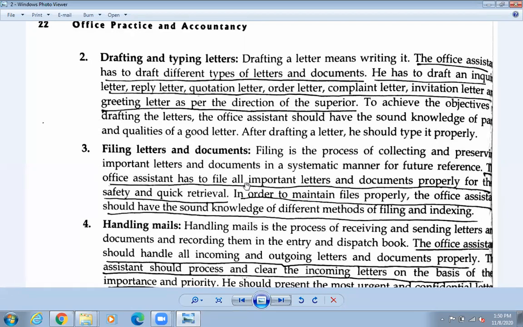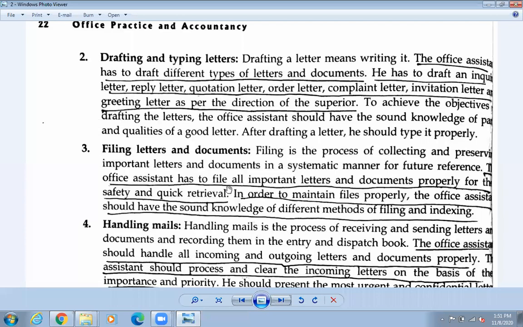The main function of the office assistant is to type very quickly. They need to make the letters, they need to make the important documents. So this work is yours, and Chris sir will say, do this and this work. He will tell me to type the letter for this organization, and how to write and type it. Then after that I will make the letter according to that.